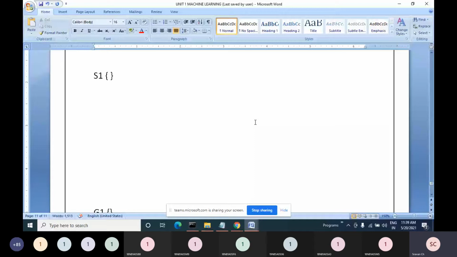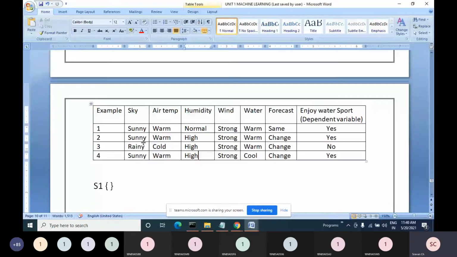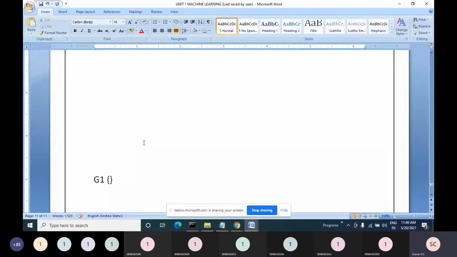So what should I do? What is the first step in the candidate elimination algorithm? We have to initialize our S and G. So in step 1, I call it S1 and G1, right? Now initially, the most specific hypothesis will be initialized with phi, meaning null values. So where is the symbol for null? This is the symbol. Right, so my S1 is initially filled with all null values. See here friends, G1 should be filled with all question marks.